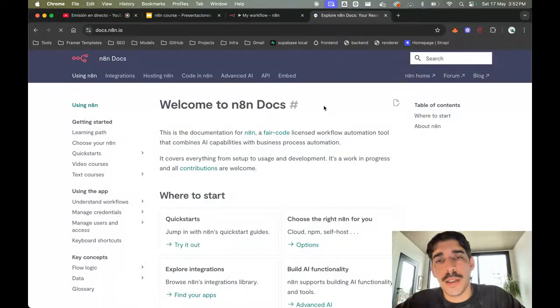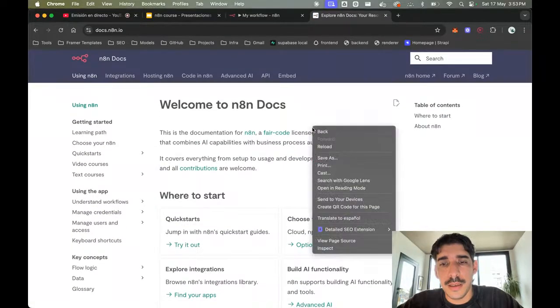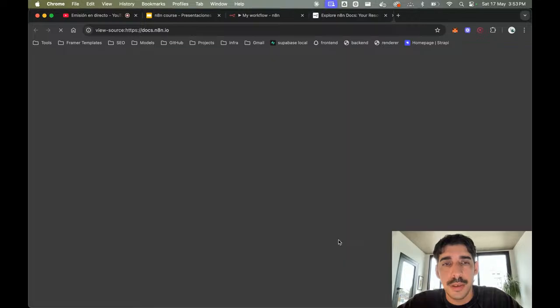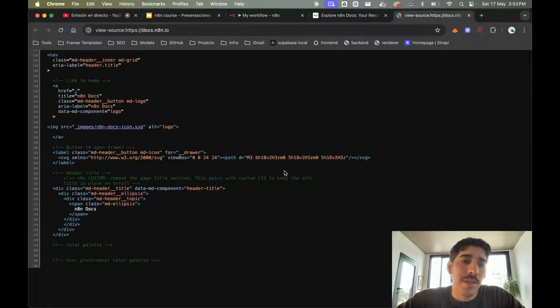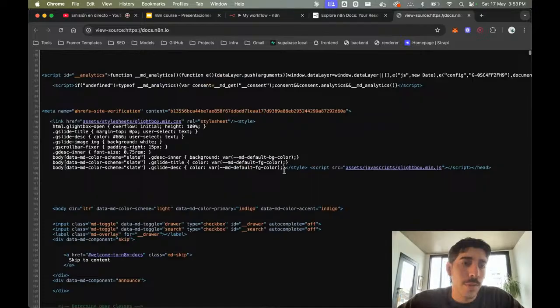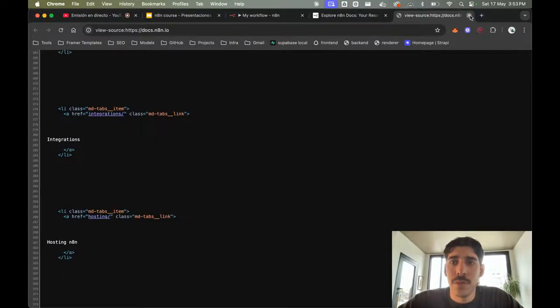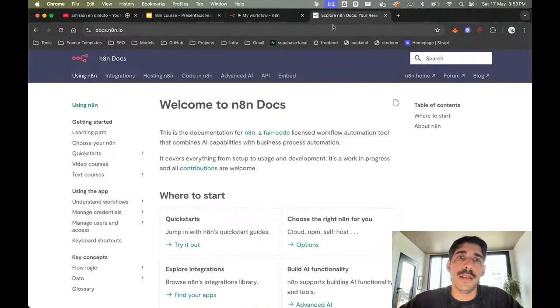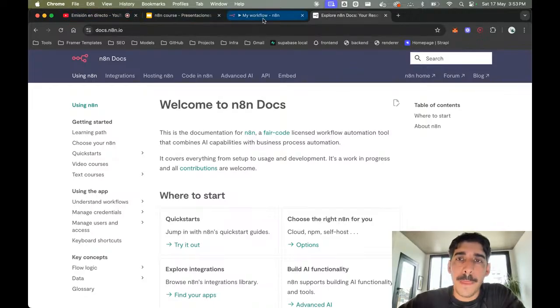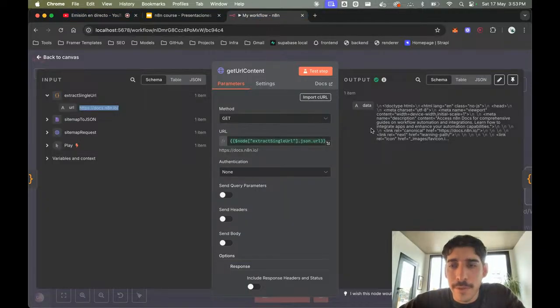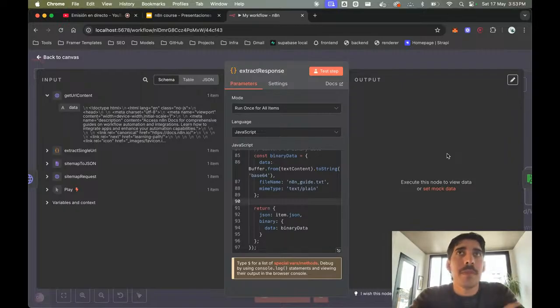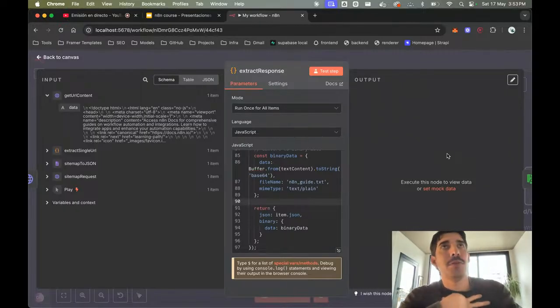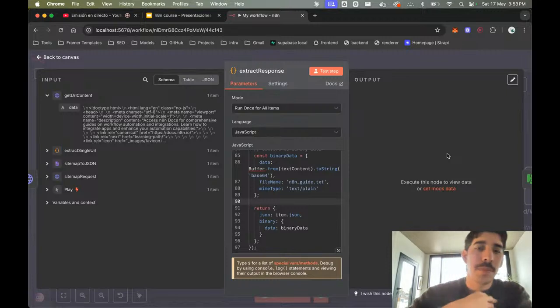If we go to this website, we see this one, but if we try to see the page source, we will have this huge code. It's even making my computer a bit slow. But there's a ton of information there, and we don't care about everything that's there. We just care about the actual information that we can use to study about this technology, but to pass to Claude to give us better answers.